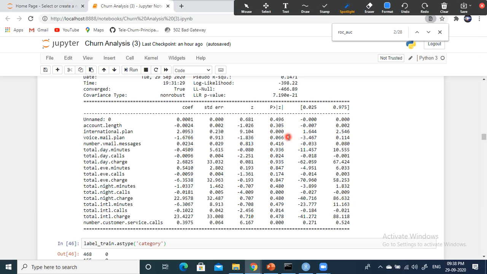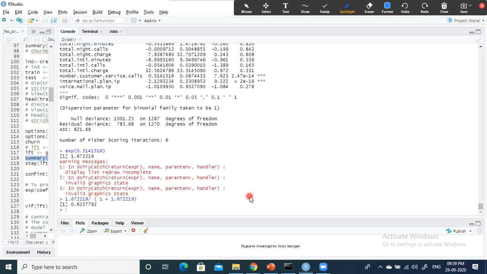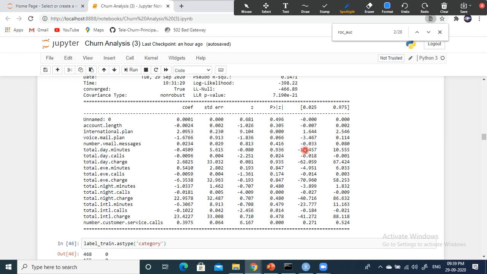The p-value is there, and in fact it gives the confidence interval also. You need to look here, right? For customer service calls, the p-value is less than alpha, so it is significant. But 0.14 for total international calls, and customer service calls, these two. What about this one, international calls? International plan and customer service, as per that data, right? Because that's what one guy asked.